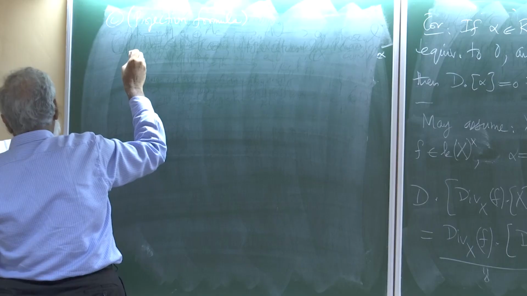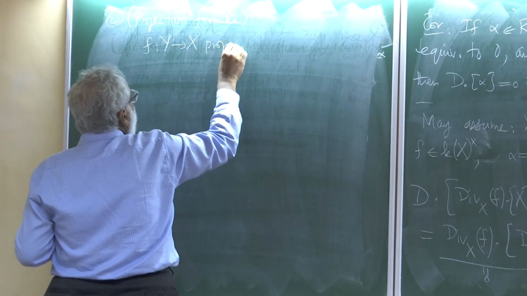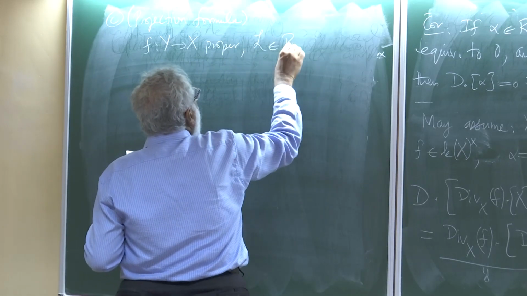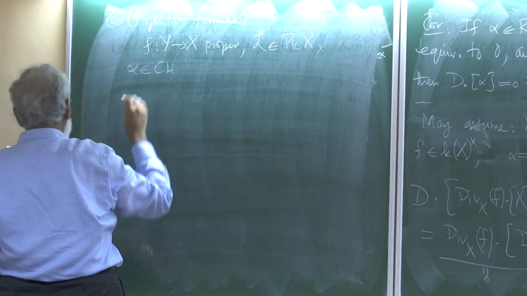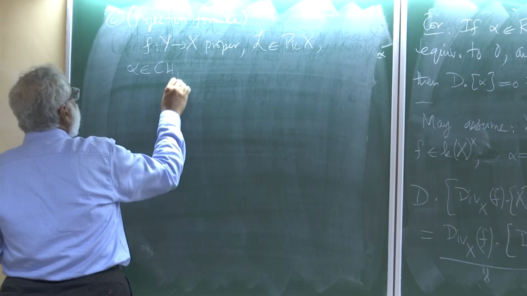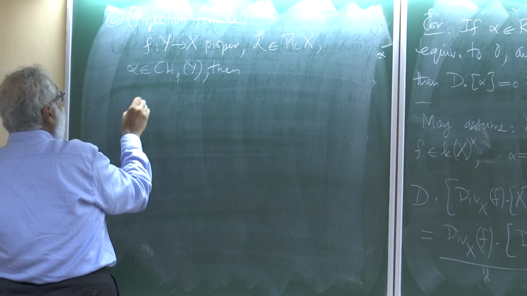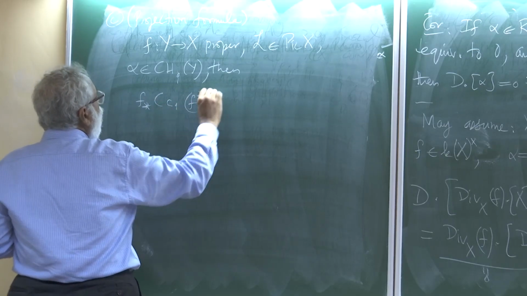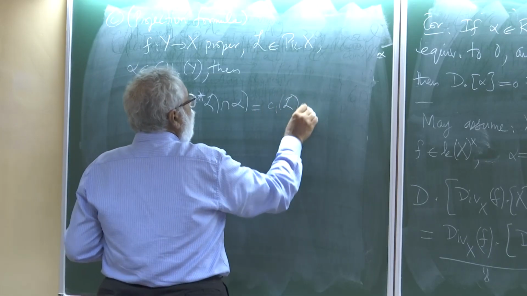Obvious things: if f from Y to X is proper, L in Pic X, alpha in Chow_p(Y), then f lower star of C1(f upper star L) cap alpha is equal to C1(L) cap f lower star alpha